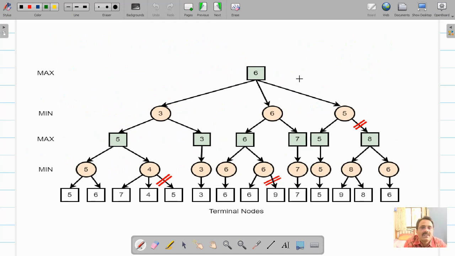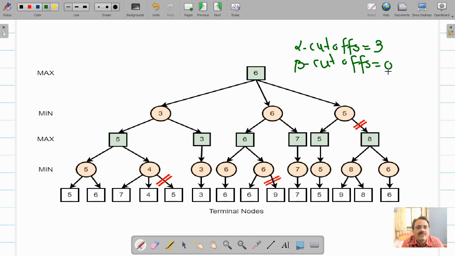So the number of alpha cutoffs is equal to 3. How many beta cutoffs have we done? Beta cutoffs 0. Beta cutoff is below the max node. So that's how this alpha beta cutoff works, and that is the optimized version of your Minimax algorithm.